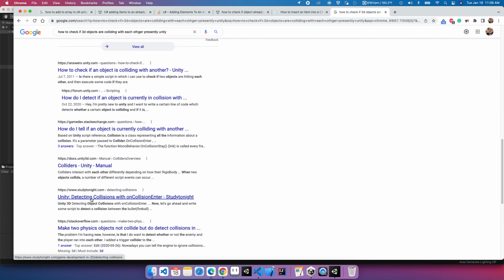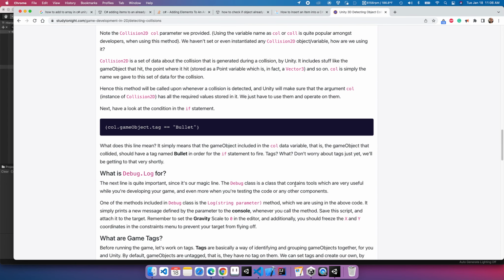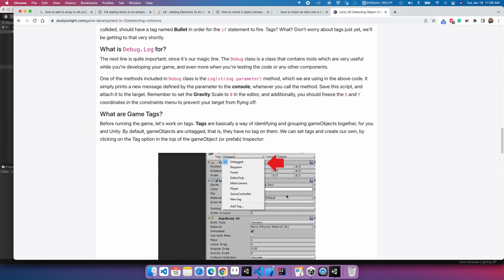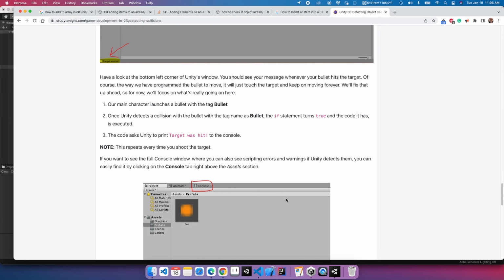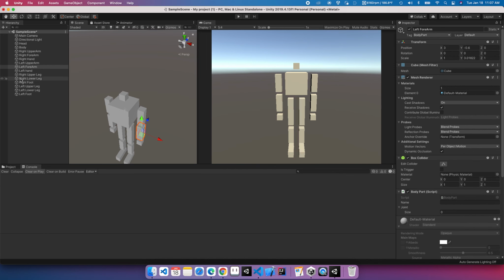How to check debug log console. Okay, what's going on? Why aren't they working? Okay. They all